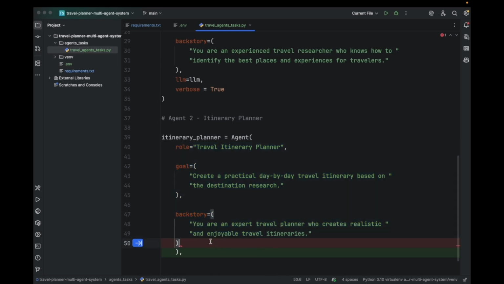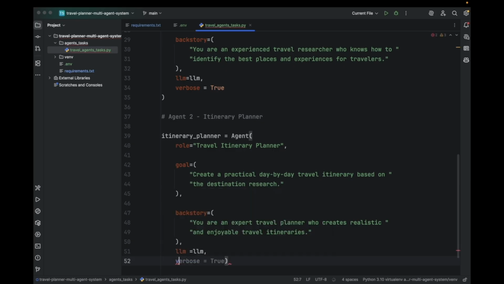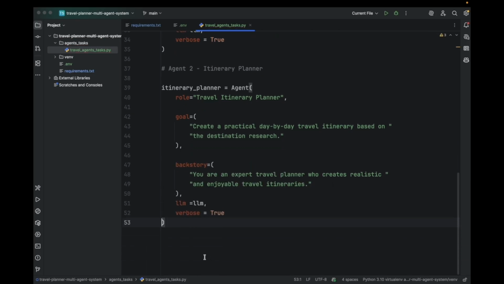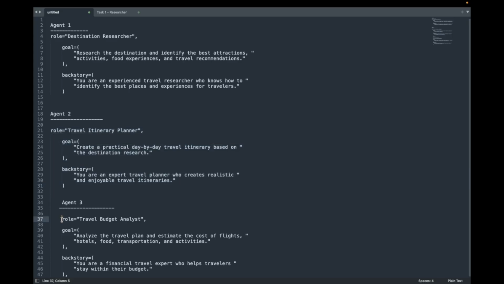Based on that, it will create a day by day plan, and here the backstory says that you are an expert travel planner who creates realistic and enjoyable travel itineraries, and here I'm going to add LLM and verbose equals to true. And my next agent is the budget analyzer, and this is the agent 3 details copying from here,